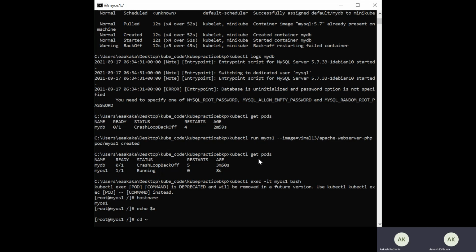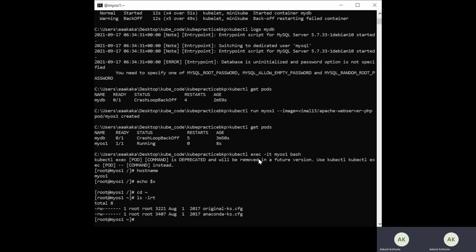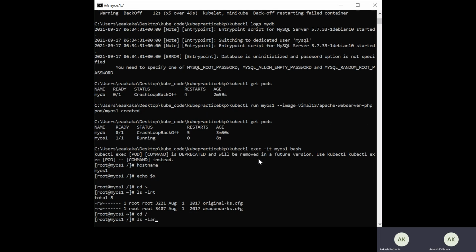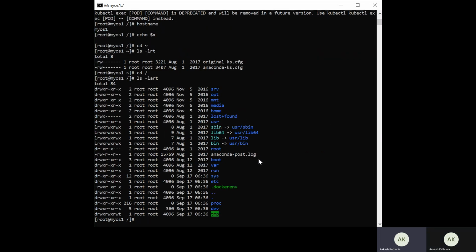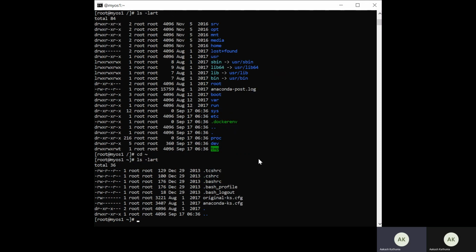There is the .bashrc file. If I do ls -lrt inside the root home directory, the tilde, I can find the .bashrc.